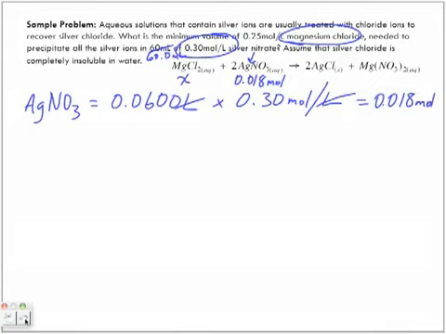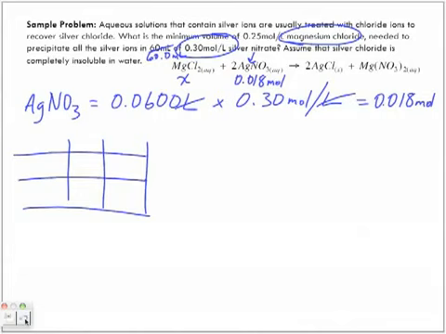Using stoichiometry, our unknown is the number of moles x of MgCl2. We've got silver nitrate, which is